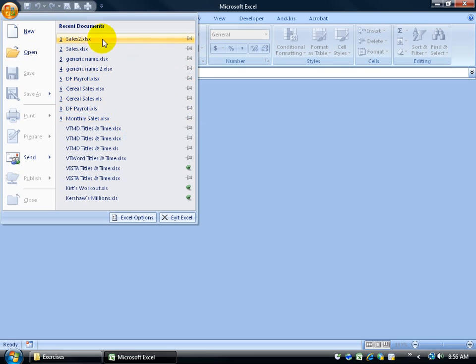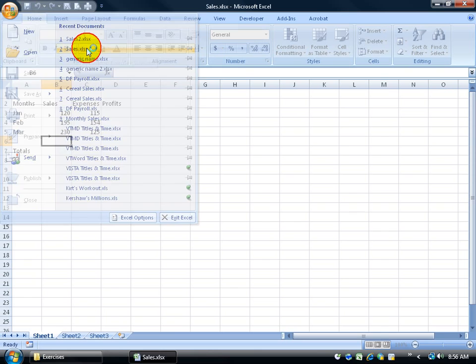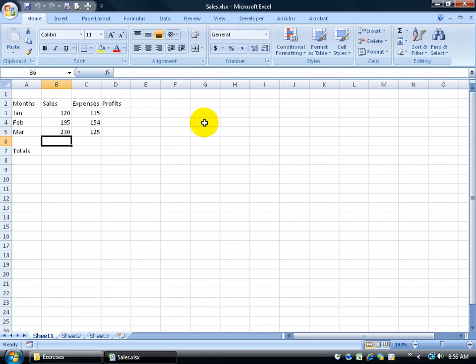For example, up at the top I've got Sales 2. Then I have Sales, just regular Sales. If I click on Sales, boom, it opens it up, doesn't it? That's great, because then all I have to do is not remember where I need to go when I go